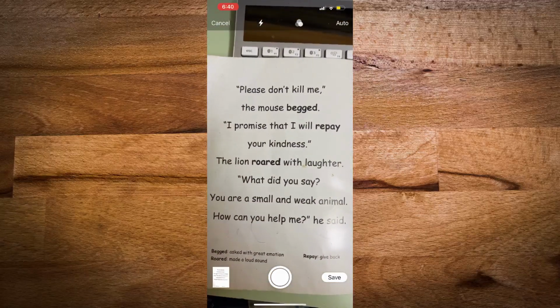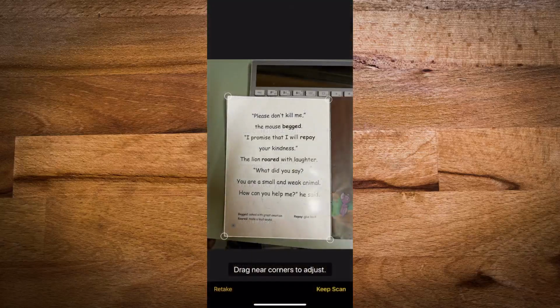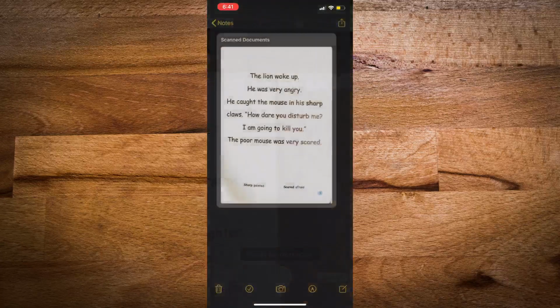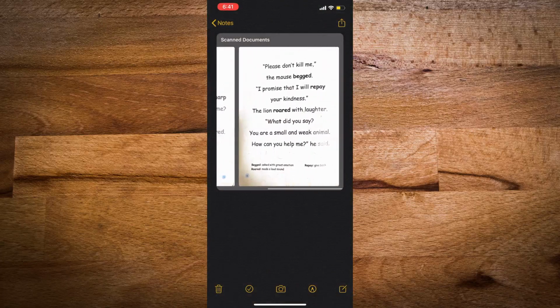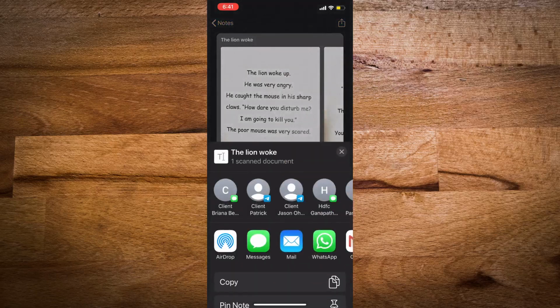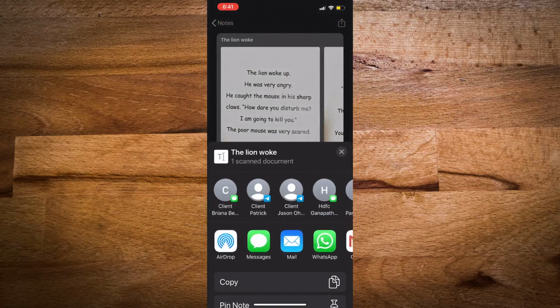Both the images now get saved and get combined into a single PDF, and you will be able to start sending them to your emails or share it with your applications. Now it's become a single page PDF. You can share it with your friends and applications. Send them as an email as well.